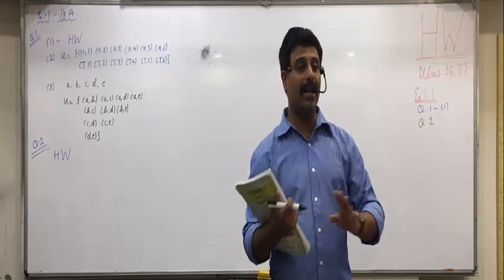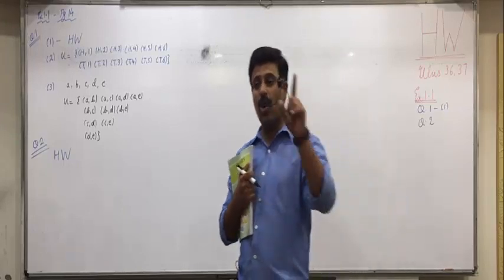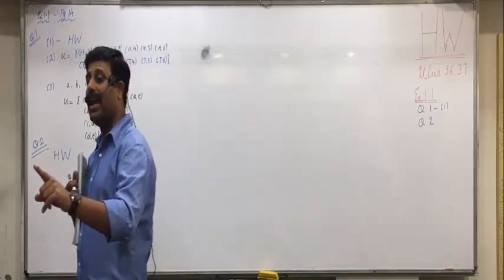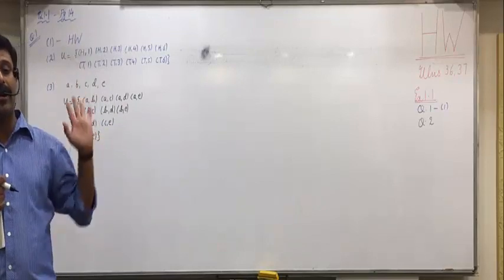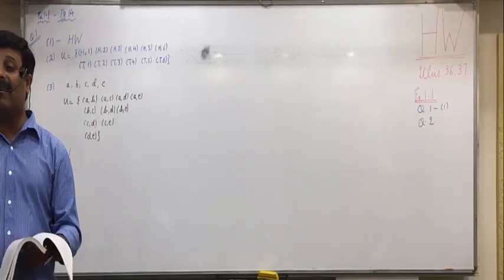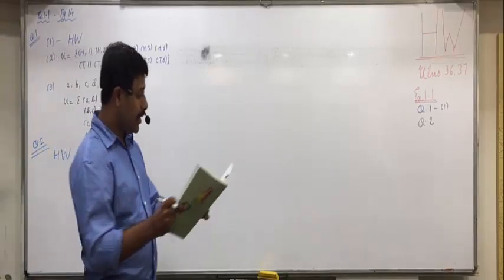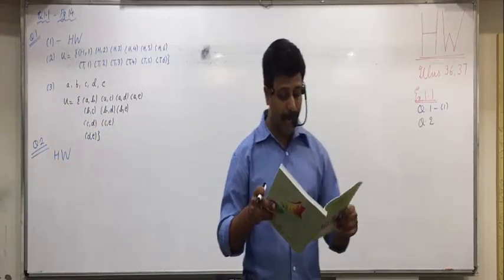So you are not selecting natural numbers from 1 to 100. You are selecting marks. So 0, 1, 2, 3 and last dot dot dot up till 100. And how many sample points will be there? 101. 101 because 0 is also included. So n will be 101. Take it as homework.